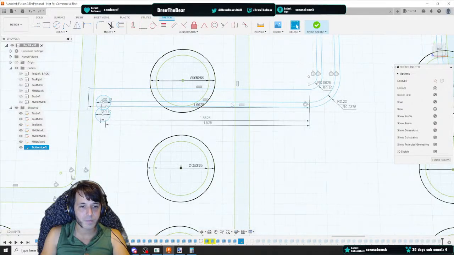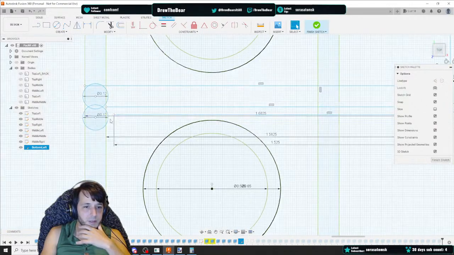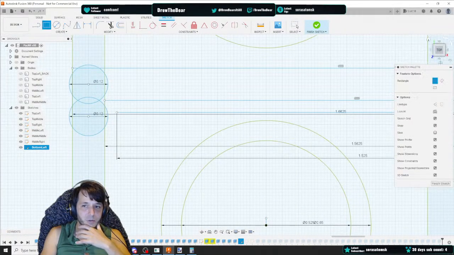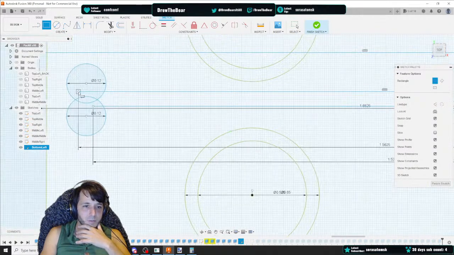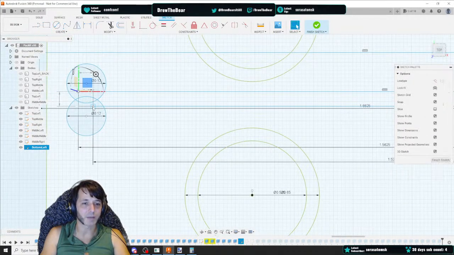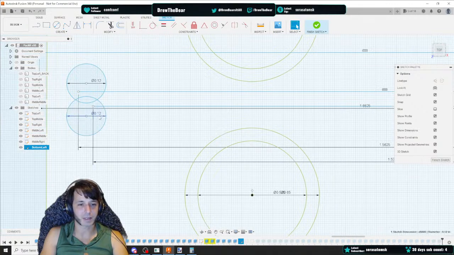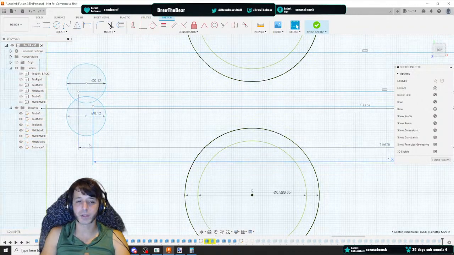So let's top that real quick. And that is correct. If you made a box between these, it'd be 0.375. Perfect. Okay. So the only constraints I like are these circular constraints, because I like knowing the width of my